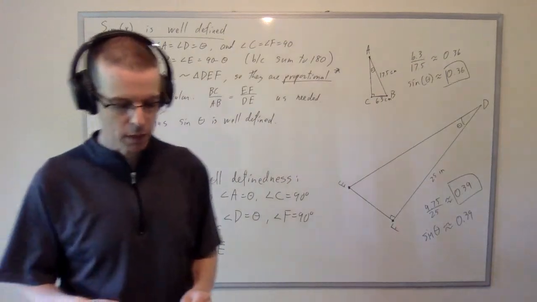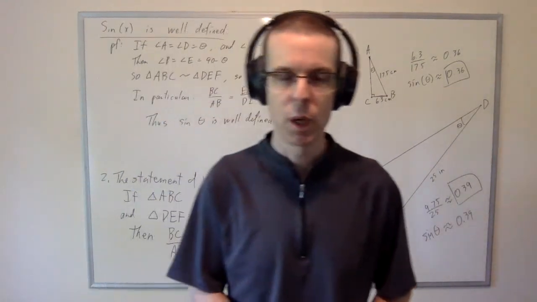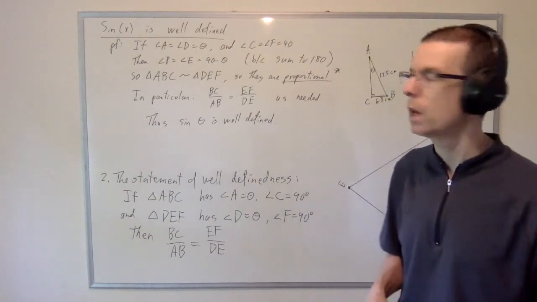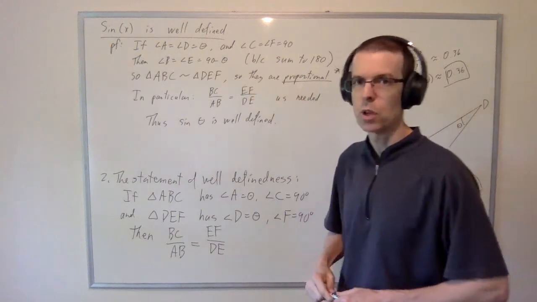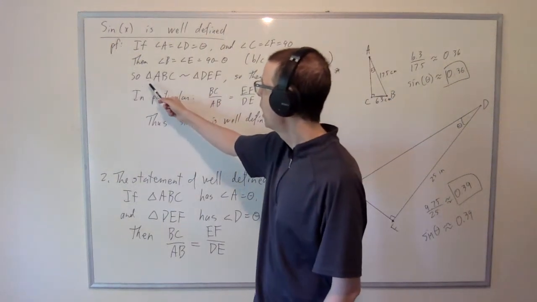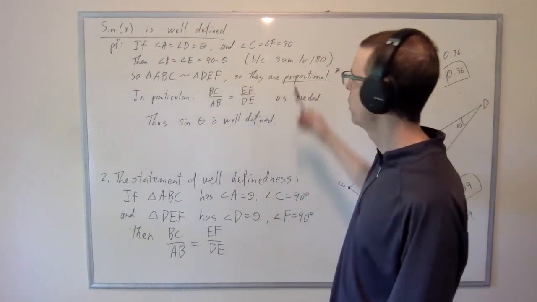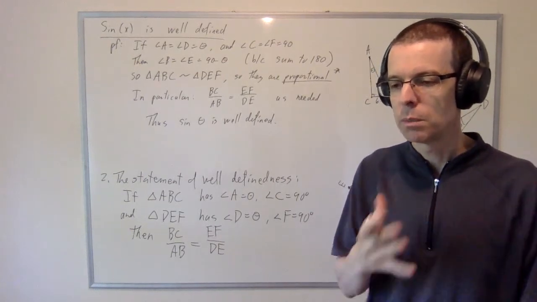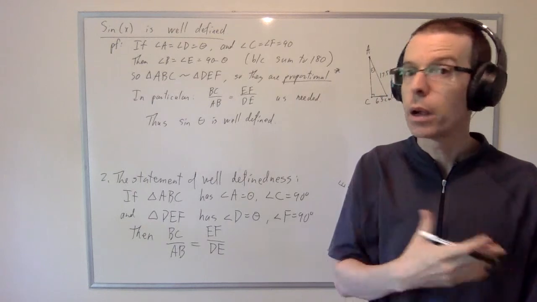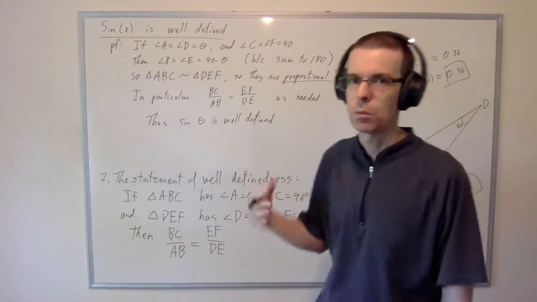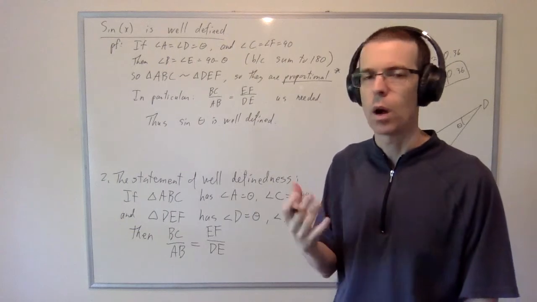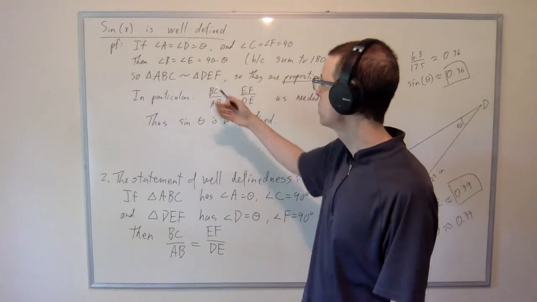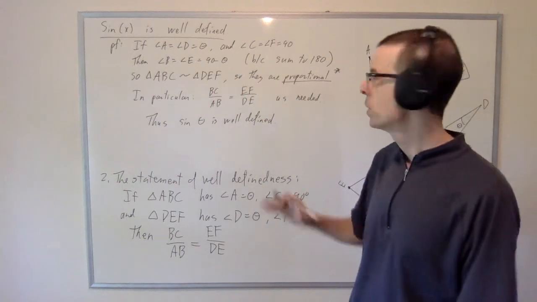Now, if this is satisfying, great. And if it's not satisfying, I think I probably know why. If this explanation is not satisfying, it's because I've basically boiled down the well-definedness of sine theta to the proportionality of similar triangles. So this raises another question here. Here I'm claiming that if the triangles are similar, then they are proportional. And you should be asking, well, why are similar triangles proportional? Similarity is one thing. It's about the equality of the angles within the triangles. Proportionality is something completely different. It's a complicated statement about the equality of ratios between lengths of the triangles. Why are similar triangles proportional? That's kind of something that is left